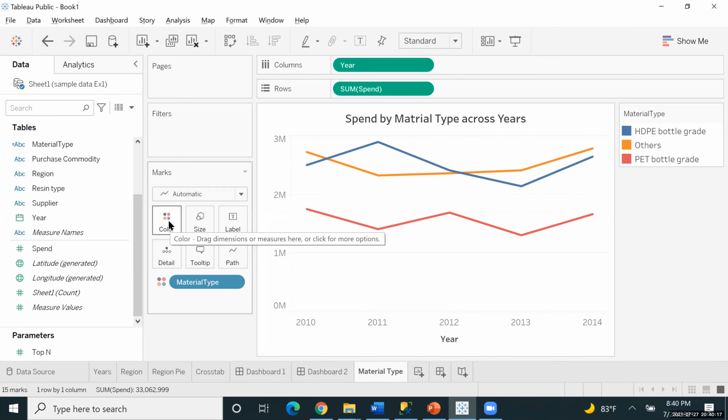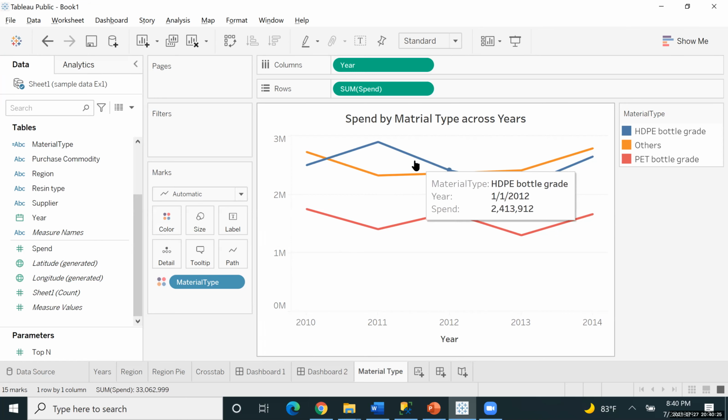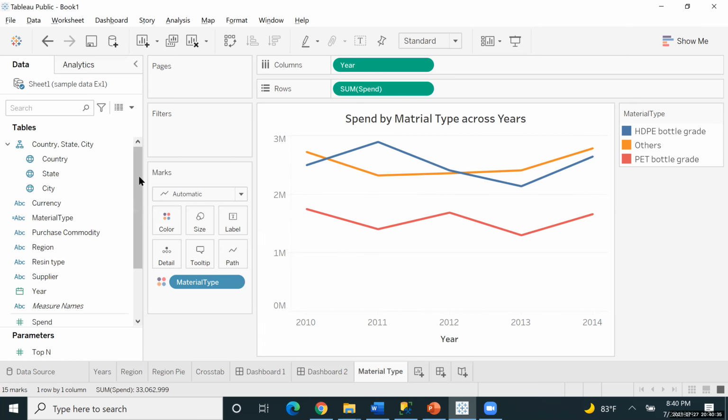So basically the problem is, if you would have noticed over here, this year that you are seeing on the left side in the page, just give me a second. If you see this year over here, this is a dimension, right? And it is coming in a dimension only, but its color is green. So there is a small trouble with this column right now.